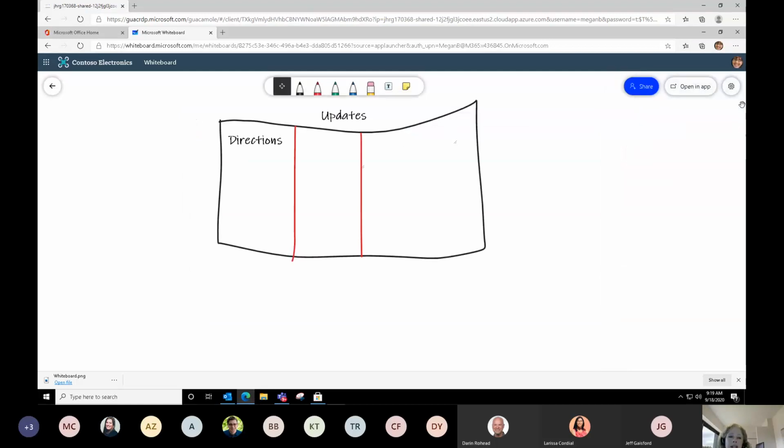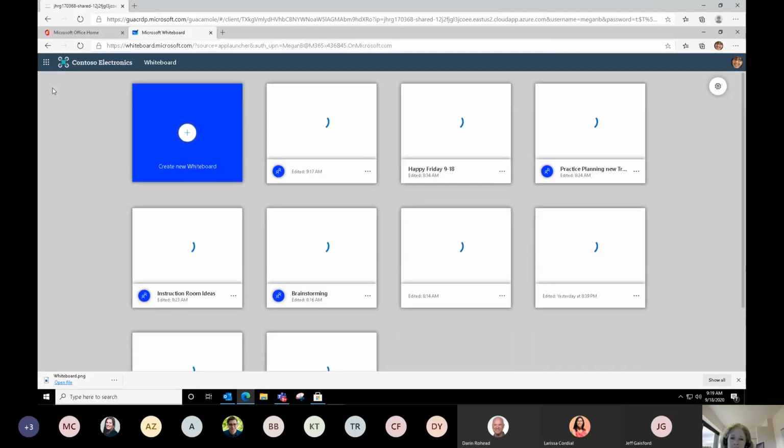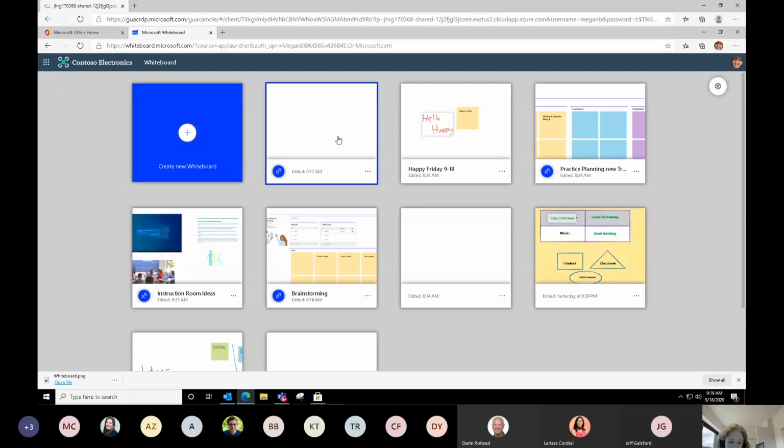Now, what is this going to look like now that I've finished it? Well, let's say for right now, at least, we're finished with it. If we go back out to the welcome screen, we would see that there's really not a lot to see. It shows me the time that it was created. It does show me a purple or a blue, don't argue with me about the color there, with two heads on it. This means that I did open up the share link box and started to create a link to it, but I haven't actually finished it yet. And so I could go in and do that, but that's what this means: the whiteboard has been prepared or shared with someone.